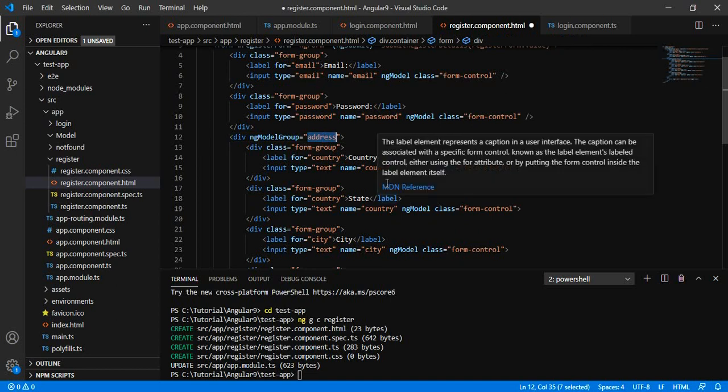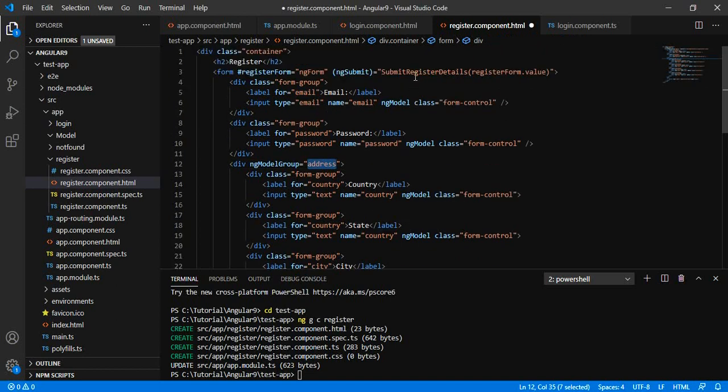So we have created the group controls country, state, city and pin.